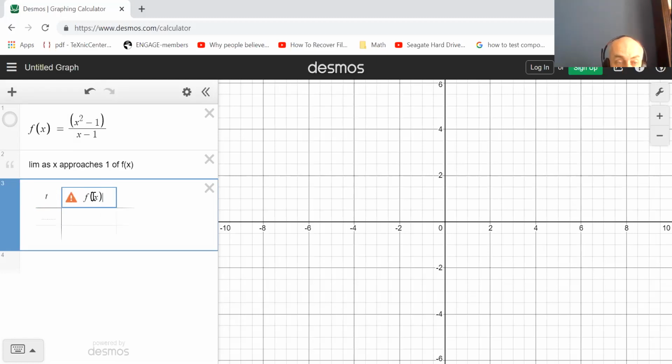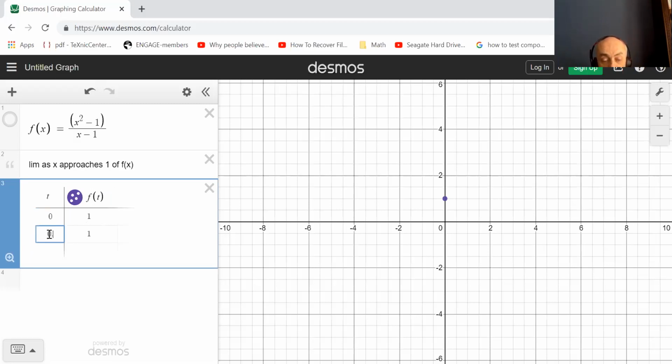Oh, oops, not f of x, I'm sorry, f of t. So I'm going to say here, and this is going to populate the table automatically. Remember that the values we wanted to put there were 0, and that automatically populates f of t as 1. And then we wanted to put 0.5, and we get that the value of this function is 1.5